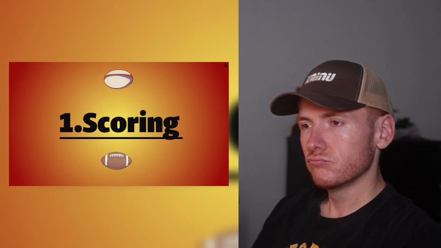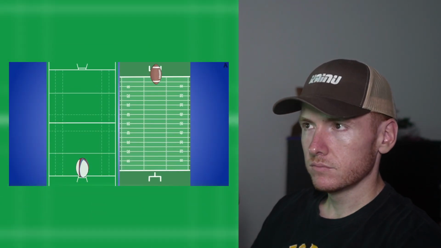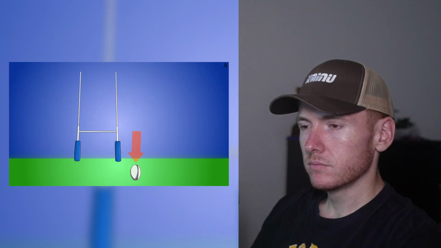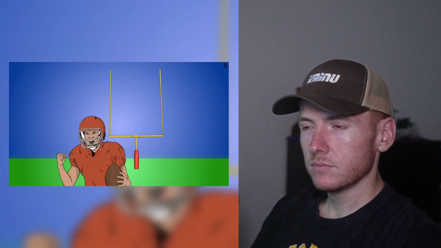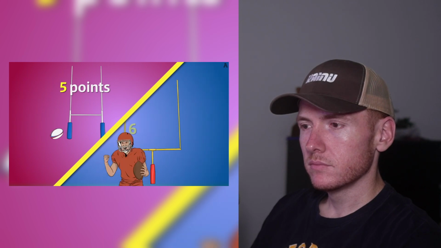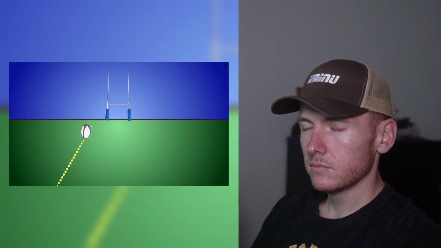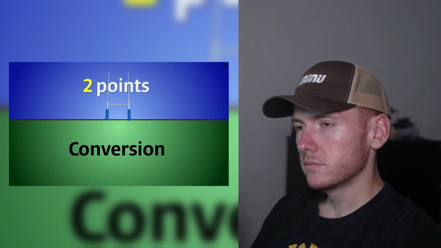Rugby and American football have pretty similar aims: to get the ball into your opponent's end zone. In rugby, the ball has to be grounded to score a try, while in football, just running into the end zone is enough for a touchdown. A try is worth 5 points, where a touchdown is worth 6, but in rugby, after scoring a try, if a team can then kick the ball between the goalposts from any place in line with where the try was grounded, then they can add 2 points in what's known as a conversion.